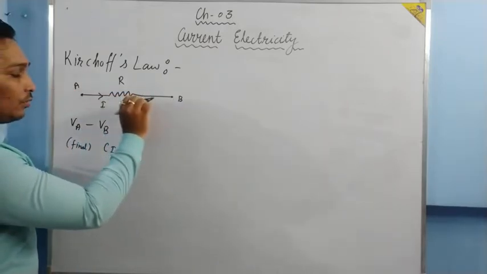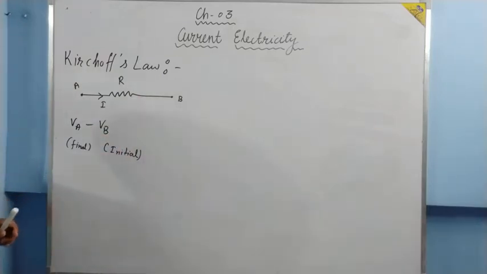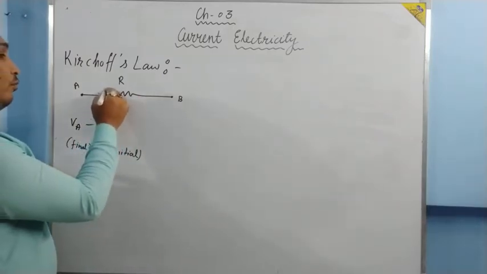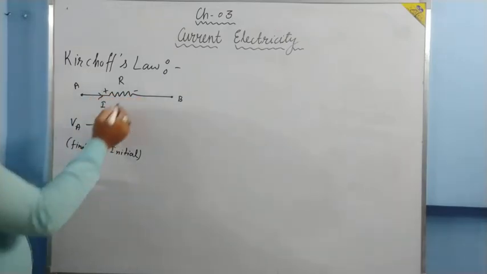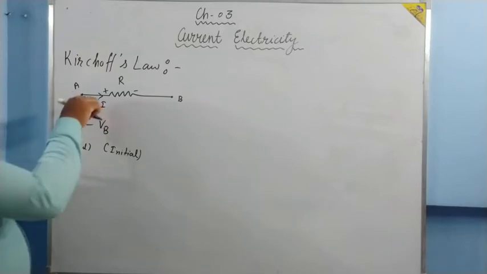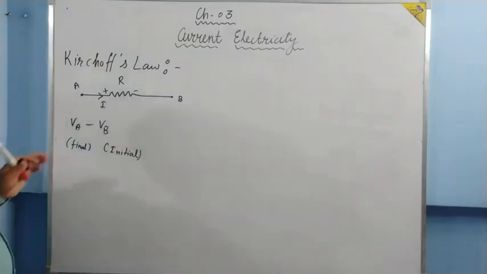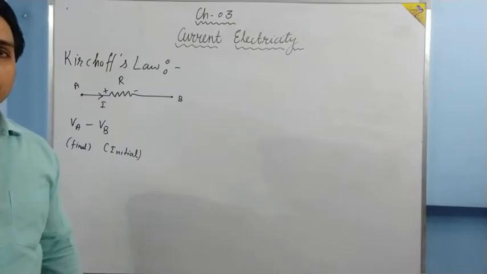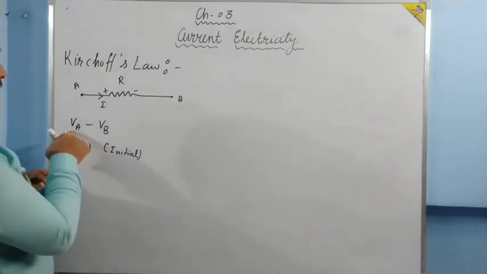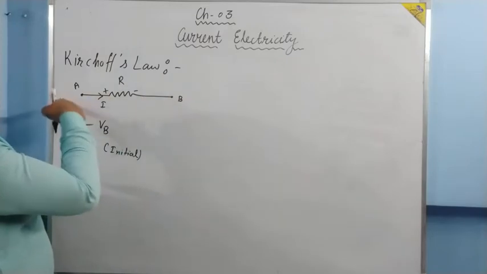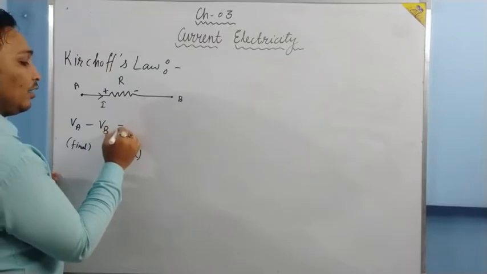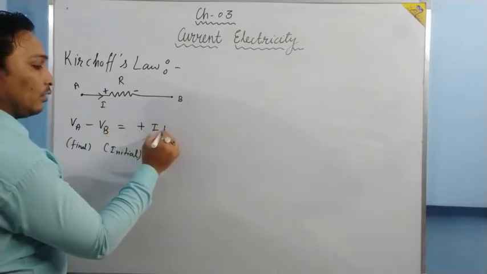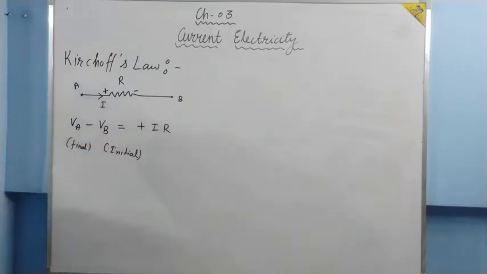The current is going from this side, so current always goes from higher potential to lower potential. So you have to put a plus sign over here and a minus sign over here. Current enters the resistor, just put a plus sign over there and a minus sign at the other end, from which the current is going out. Now you have to write VA minus VB. So you have to move from B to A. You are moving from the minus sign to the plus sign. You must write plus IR. So this is the potential difference VA minus VB.